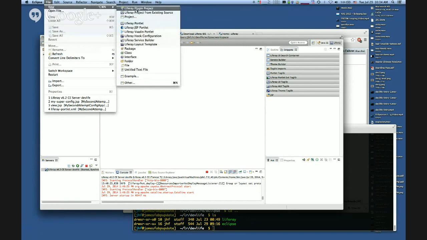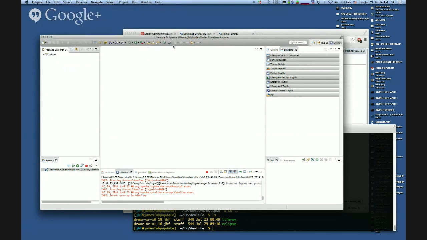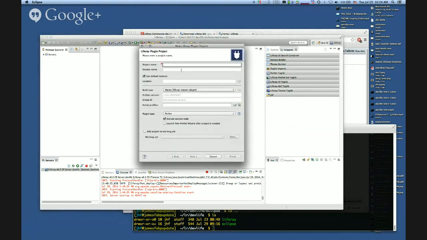We're going to create a new Liferay plugin project. When you install Liferay IDE, you get these magic menu items. So, Liferay plugin project, and you'll get a wizard. And this wizard walks you through the creation process. So let's call it